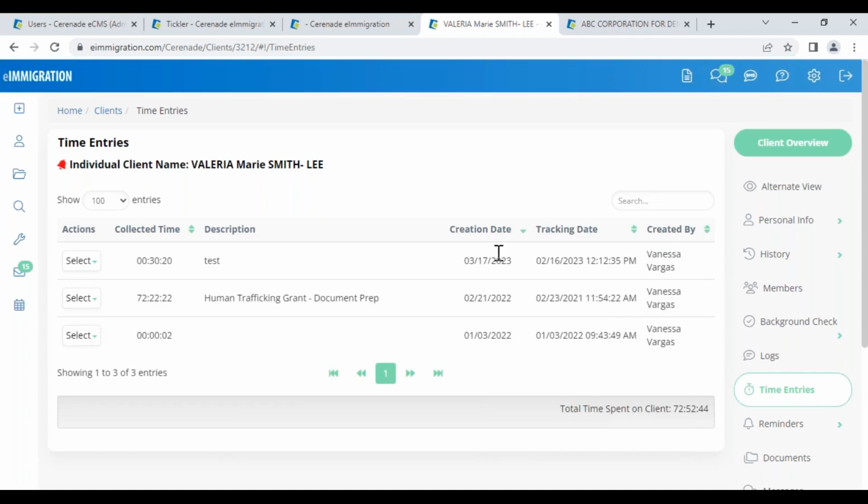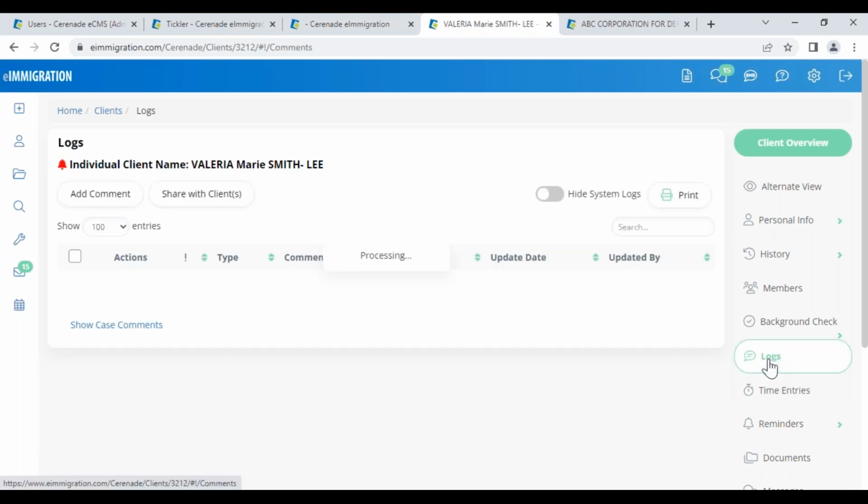Here's the pop-up window. When you go to the contact profile, you're going to see time entry. So you see the actual time capture. The 30 minutes are right here. All right. And the logs are also,